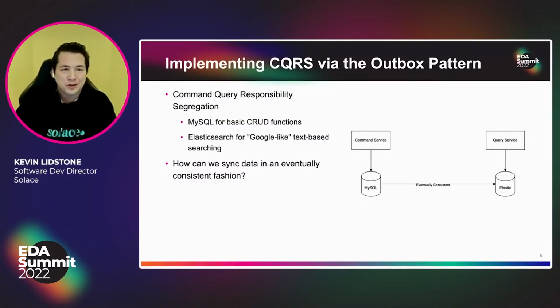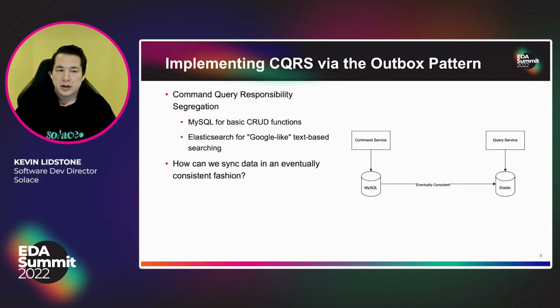Why don't we go to Kevin next? He's going to talk about a couple of EDA patterns. Kevin? Thanks, Ali. So the two patterns that I'm talking about today are CQRS and the Outbox pattern. So CQRS stands for Command Query Responsibility Segregation. And it's a pattern often used when you want your write operations or commands to be backed by different infrastructure than you're querying, because maybe your reads need to horizontally scale much faster than the services that write,